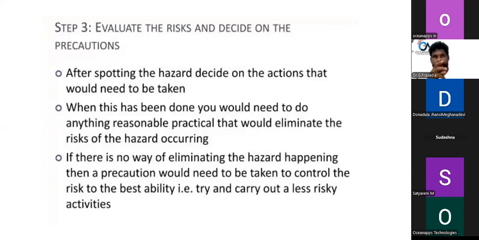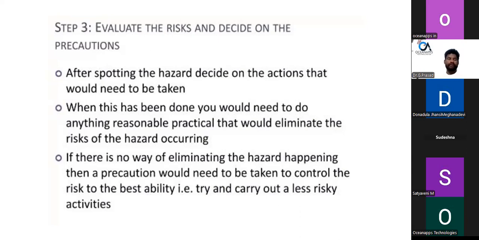ఓకే, అంటే మనం ఆ రిస్క్ ఎంతవరకు ఉందో దాన్ని మనం ఫైండ్ అవుట్ చేయాలి. నెంబర్ 2, ప్రికాషన్స్ తీసుకోవాలి, అంటే జాగ్రత్తలు, తగిన జాగ్రత్తలు ఏమేమి తీసుకోవాలి. సో చూద్దాం. ఆఫ్టర్ స్పాటింగ్ హజార్డ్, అంటే ఒక సిచ్యువేషన్ దగ్గర ఇక్కడ ఒక హార్మ్ఫుల్ థింగ్ ఏం జరుగుతుంది, ఇక్కడ ఒక డేంజరస్గా ఉంది అని మనం స్పాట్ చేసిన తర్వాత డిసైడ్ ఆన్ ద యాక్షన్స్ దట్ వుడ్ నీడ్ టు బి టేకెన్. ఓకే, ఇప్పుడు మనం ఒక ప్రాబ్లం అక్కడ జరుగుతుందేమో డిసైడ్ అయిన తర్వాత, అప్పుడు మనం ఏం చేయాలి, దెన్ యూ హ్యావ్ టు టేక్ ద ప్రికాషన్స్. దానికి తగ్గట్టుగా మనం చేసుకోవాలి కదా, దట్ ఈస్ అవర్ ప్లాన్.